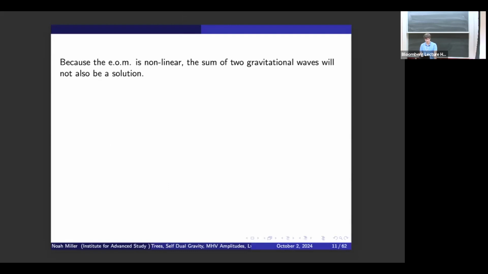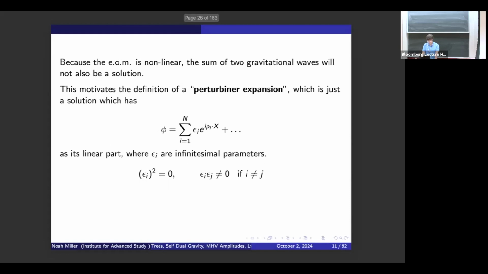But because the equation of motion is nonlinear, if you take two gravitational waves and sum them, that won't be an exact solution to Plebanski's heavenly equation anymore. And this motivates the definition of a so-called perturbiner expansion, which is a funny name for actually a pretty natural concept. So a perturbiner expansion is just some solution to some equation of motion where you have a